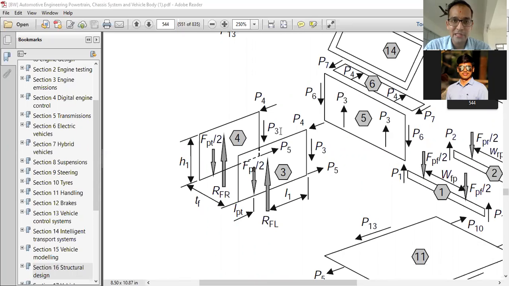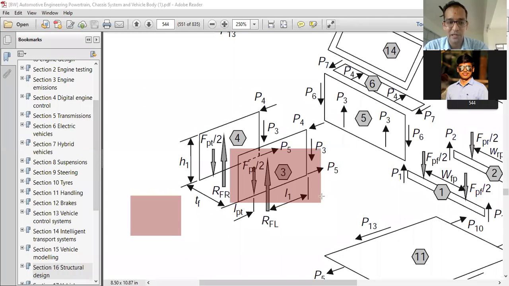Look, why is this the most important thing for you? Because you need to identify the loading condition in a frame, as well as how those loads are going to work. So if I am considering a sheet metal like this, which is that component? This is the component we need to see. Number 3 is the component we are observing.